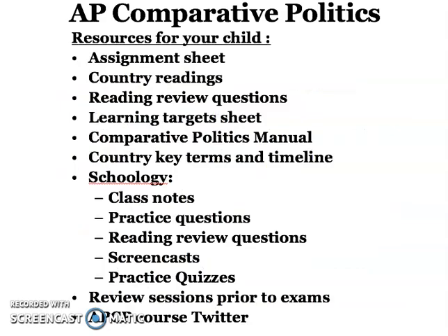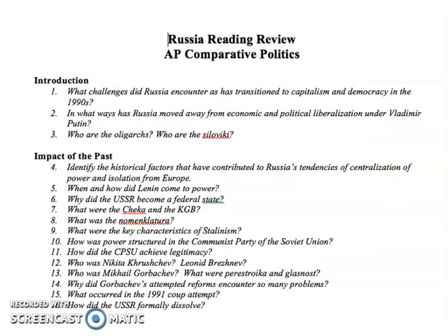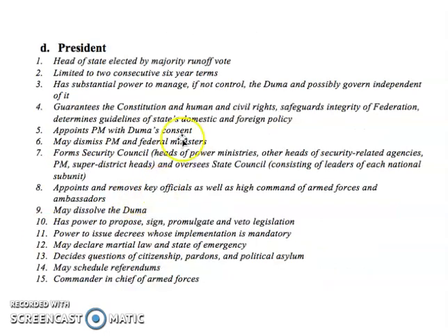I give the kids an addendum handout called the Comparative Politics Manual. And at the center of that, for each country, there we go. This is an example of part of the Russian one, and there's an outline on the impact of the past for each country. There's also an outline for the key institutions, and this is the section on the presidency, and it's a bulleted outline of things that I think they should know about the Russian presidency, and it gives the kids a big overview in all the other sections of the outlines as well.